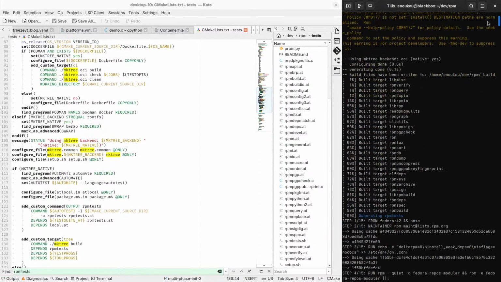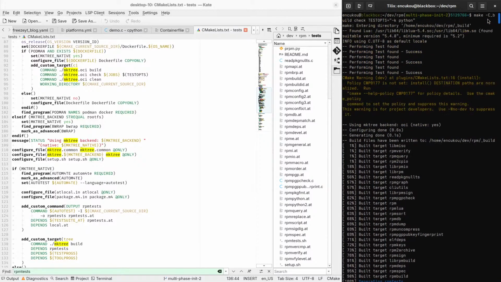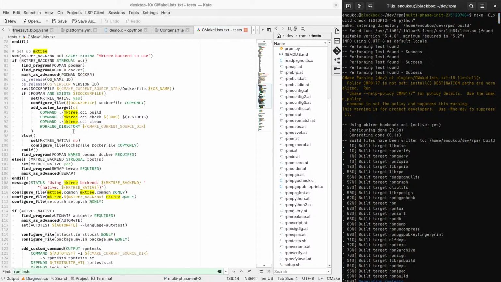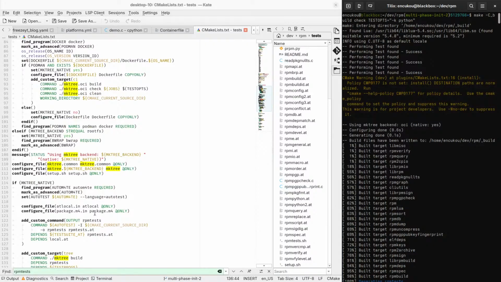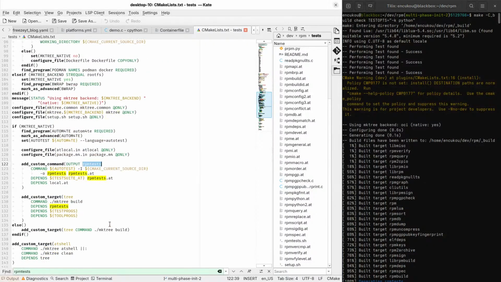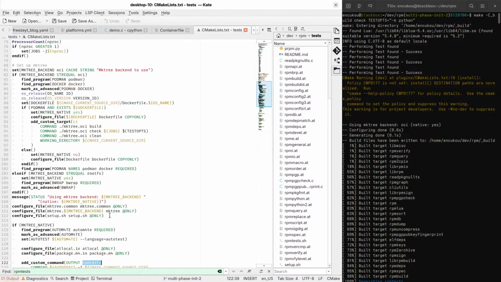Should be. So there's either native or standalone. And this is defined in